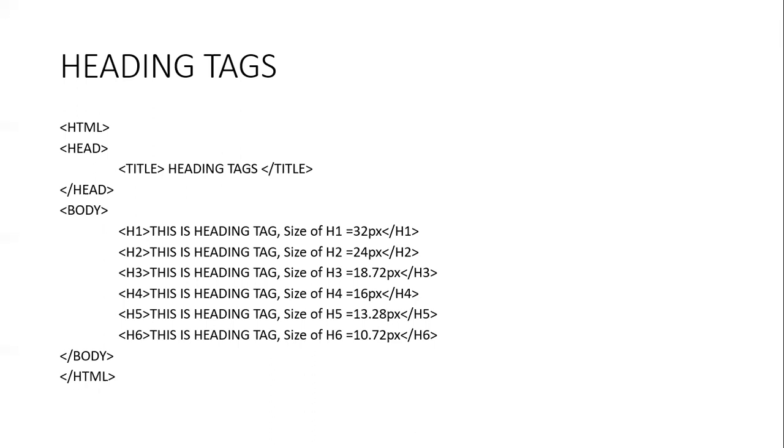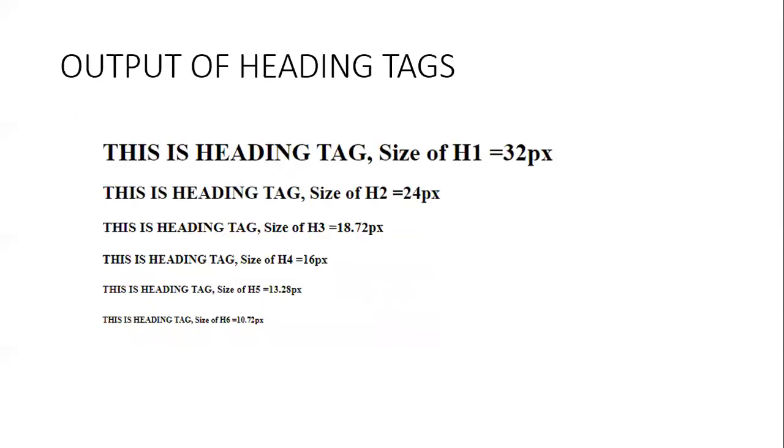So here we are simply using all the header tags. They are also called heading tags. There are basically six heading tags, h1 to h6, and the sizes of all these tags differ as the name specifies. I have given the specification of the sizes over here, which will show you the output like this. So this will be the size of the h1 tag, which takes 32 pixels, the h2 tag something like 24 pixels, and the smallest size is the h6.